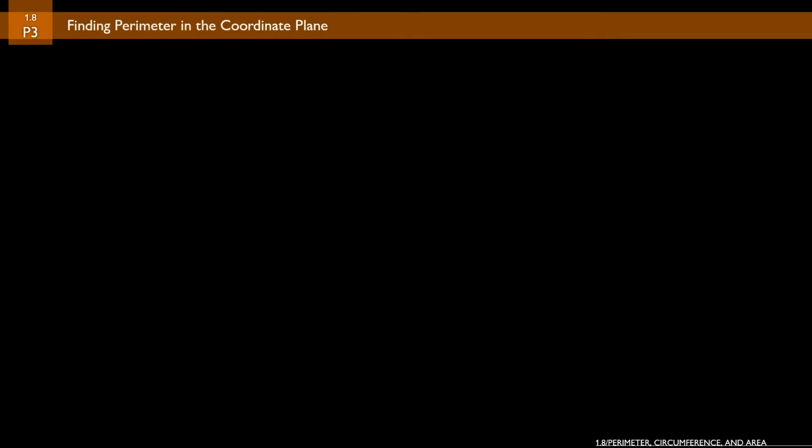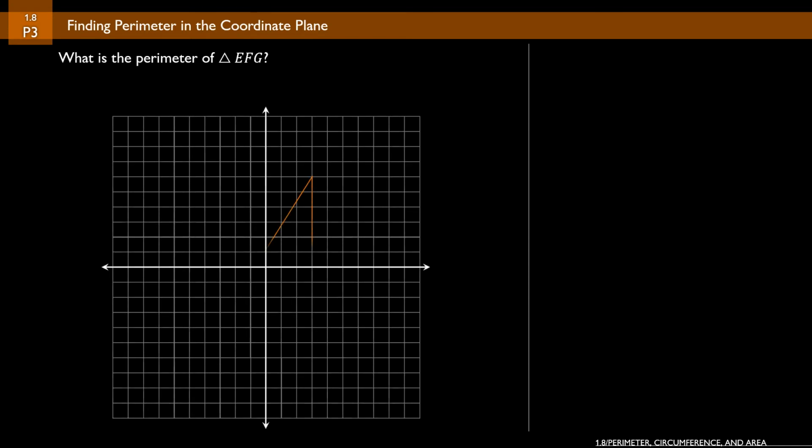In problem number 3, we're going to switch over to triangles, and we're going to use the coordinate plane to find lengths. So the question is, what is the perimeter of triangle EFG? We're given that point E is (3, 6), point F is (3, -2), and point G is (-3, -2). What we can see from the triangle on the coordinate plane is it looks to be a right